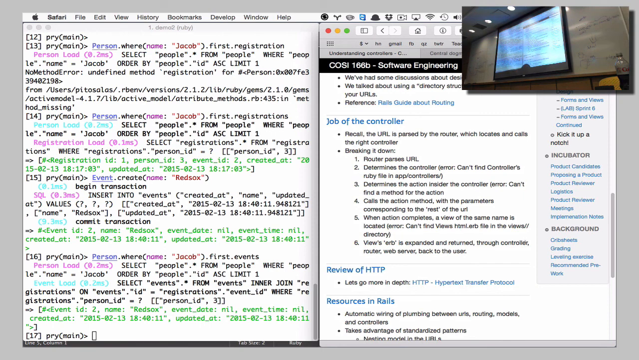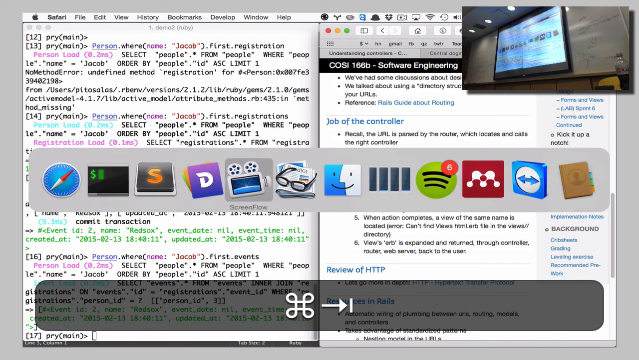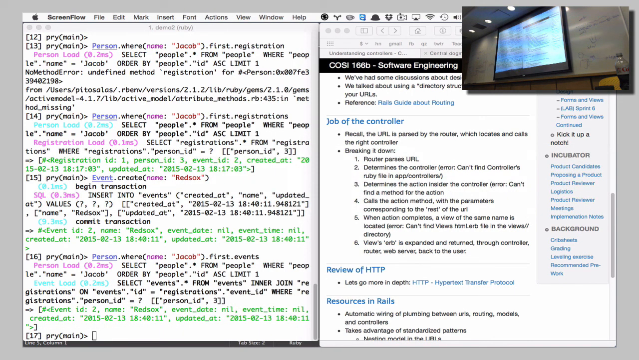That is the hope. I have a question. Yes, sir. I can't remember if somebody asked this before, but you know how when you type in like person.where